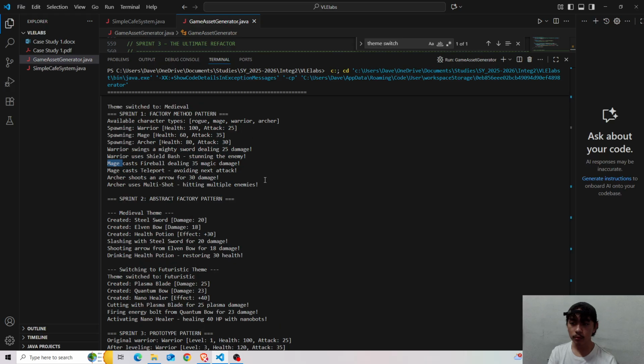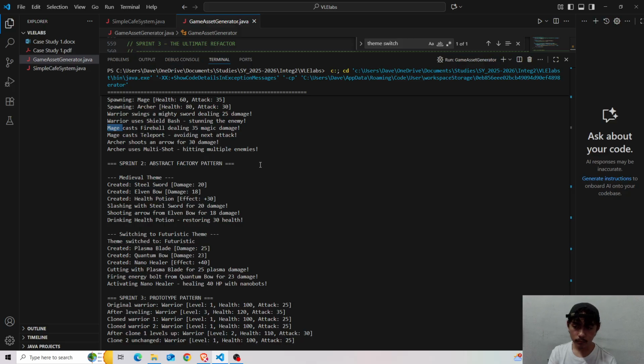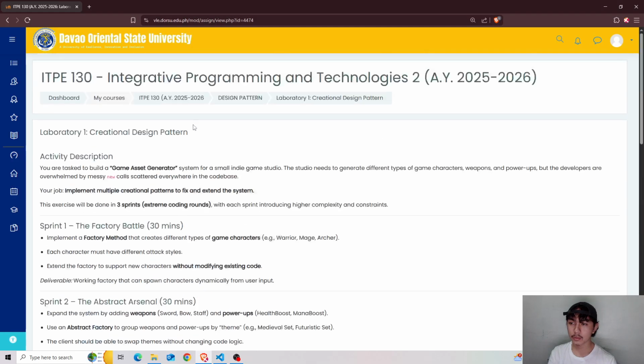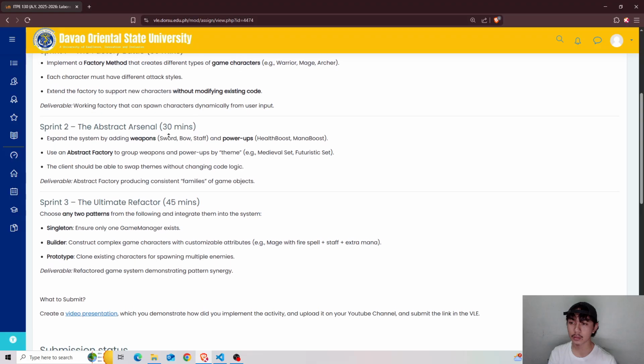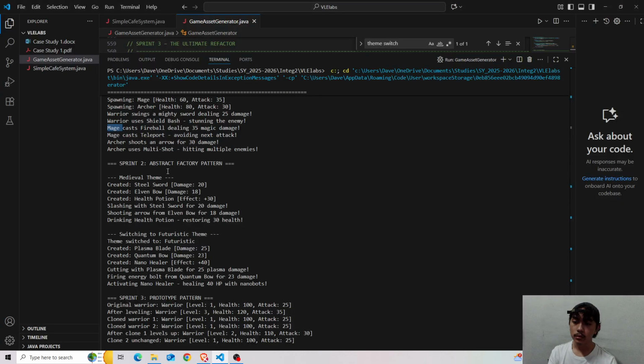Let's proceed to sprint 2, the abstract factory pattern. Sprint 2 is all about expanding the system by adding weapons and power-ups.